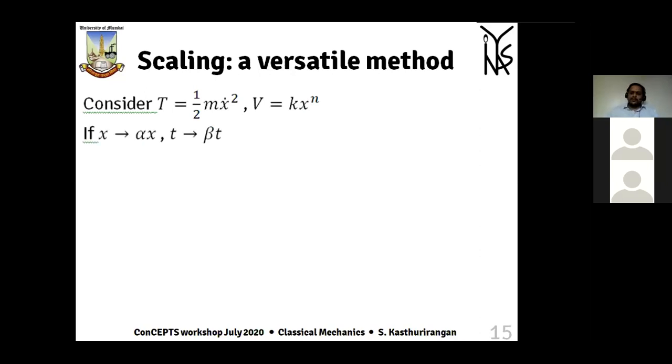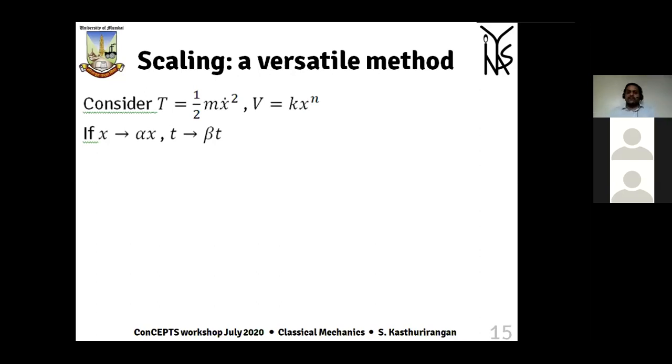Now, suppose I decide that I want to go from, let us say, MKS units to CGS units. I decide to change the scale on which I am measuring x. Or instead of measuring distance in centimeters, I'll measure it in inches. Instead of measuring time in seconds, I'll measure it in minutes, suppose. Then what happens? My new x is alpha times the old x, where alpha is the conversion factor for the units. And my new t is beta times the old t. That is the conversion factor for the time units.